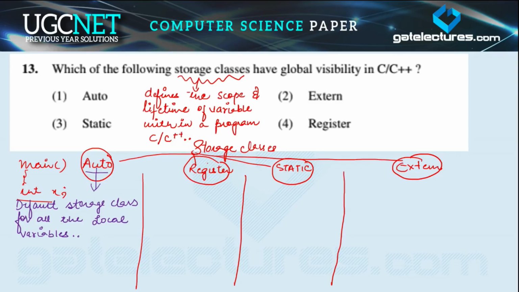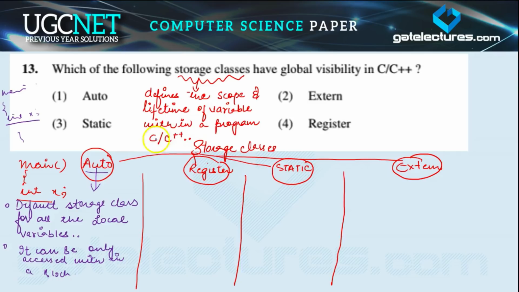And the second point is it can be only accessed within a block. So if this is int main and there is one block and you define some variable here, its scope is here only. Out of the block the scope of this auto class is not there. So int x can be accessed only in this block, and if you did not write anything, by default it is an auto storage class.